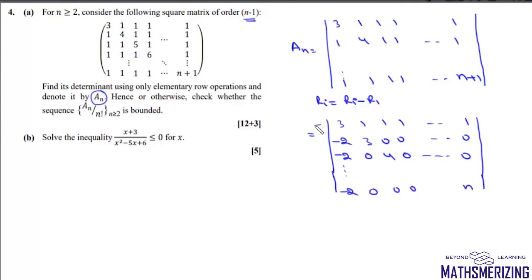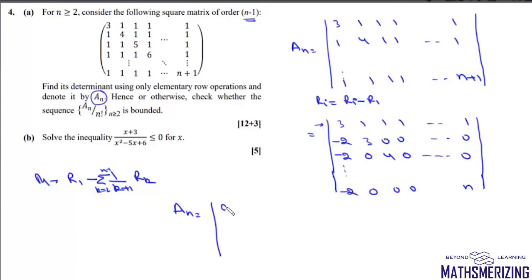Now what we'll do is we'll write this row 1 as row 1 minus 1 upon k plus 1 into rk for every row starting from 2 to n minus 1. That is, we are subtracting this 1 with the second row 3 upon 3. So it will be 1. So 1 minus 1 will be 0. Next one will be 1 minus 4 upon 4 will be 0. 1 minus 5 upon 5 will be 0. So all these terms will be 0. So we'll get this determinant an as